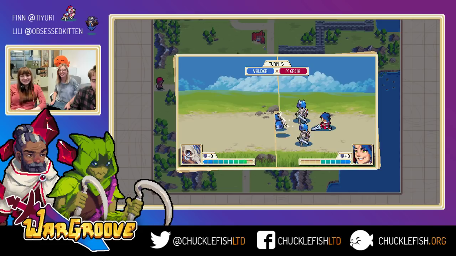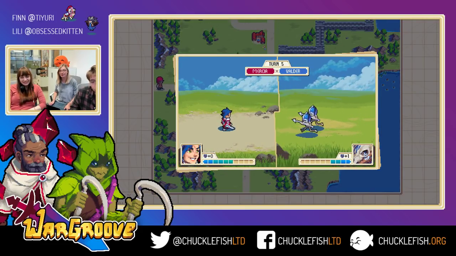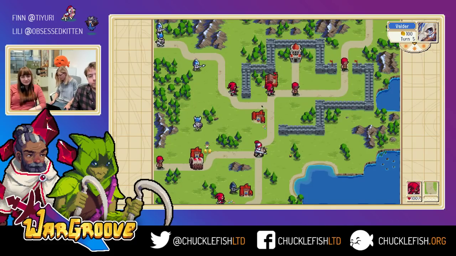It's fine. But I weaken these two spearmen, you see. Yeah. Now, she's not on her own. No, she's got an archer with her. And I have healing aura. Oh, he went for the village. I didn't expect that. Well, that wasn't a very good move, actually, for him. No, he's going to get killed. Yeah. Not quite, but...